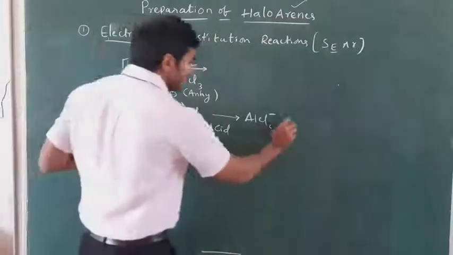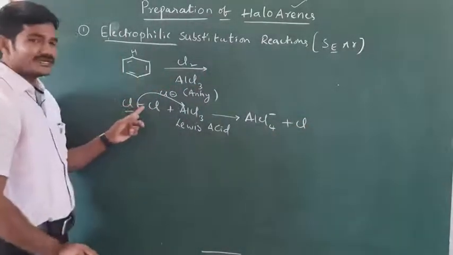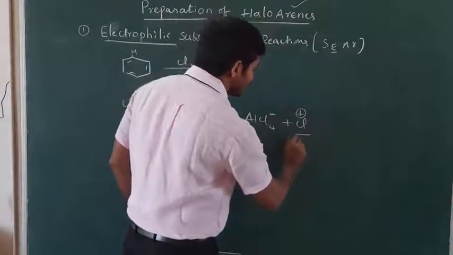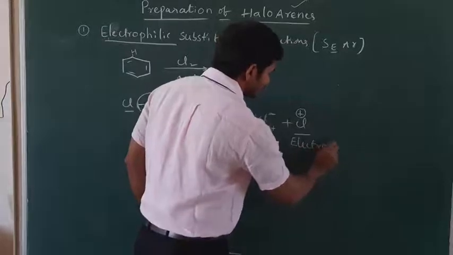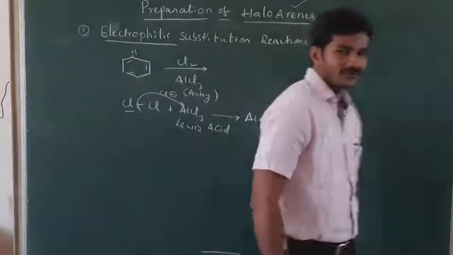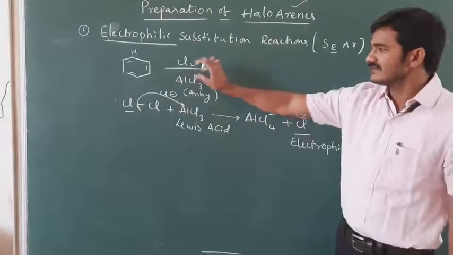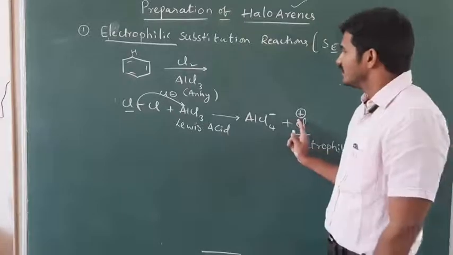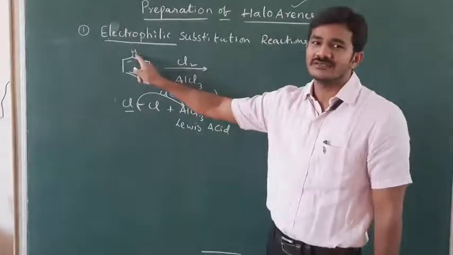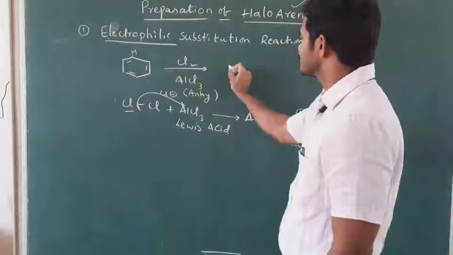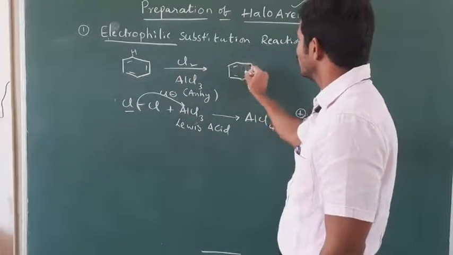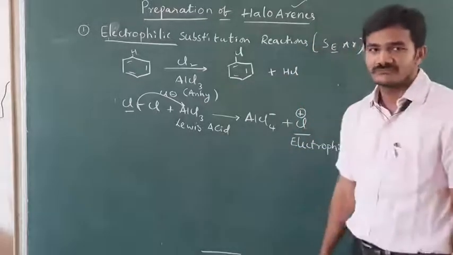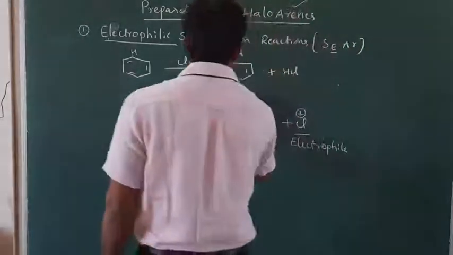After taking the chlorine along with the electron, the remaining element is Cl, and this Cl has already given its electron to AlCl3, so this Cl becomes electron deficient now. This is Cl plus, which is called the electrophile. So when chlorine is in the presence of anhydrous AlCl3, it generates the electrophile Cl plus. This electrophile is going to substitute the hydrogen in the aromatic ring. After substitution, we get chlorobenzene, and the byproduct is HCl.